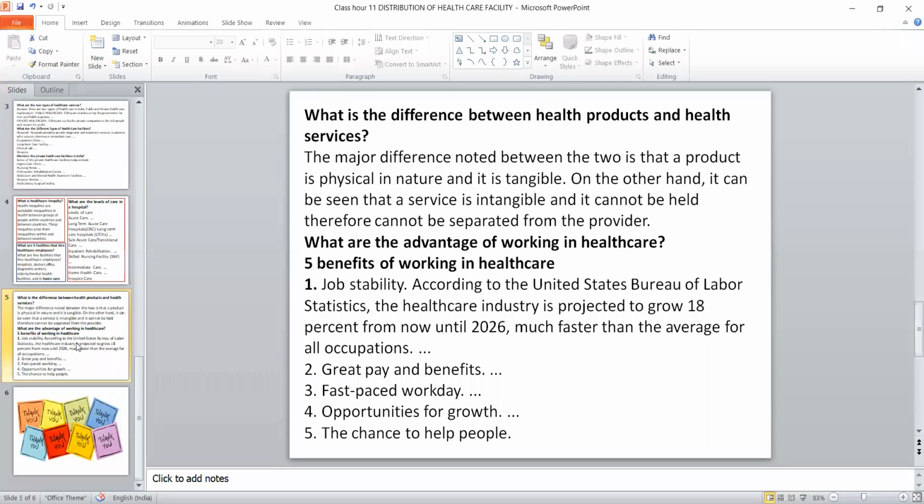Apart from that, what are the advantages for those working in healthcare? Suppose this BA, there is enough scope to get a job. Why? Because there is a constant demand for health service. One of the studies says the United States Bureau of Labor Statistics said the healthcare industry is projected to grow 18% from 2020 until 2026. Why? Because